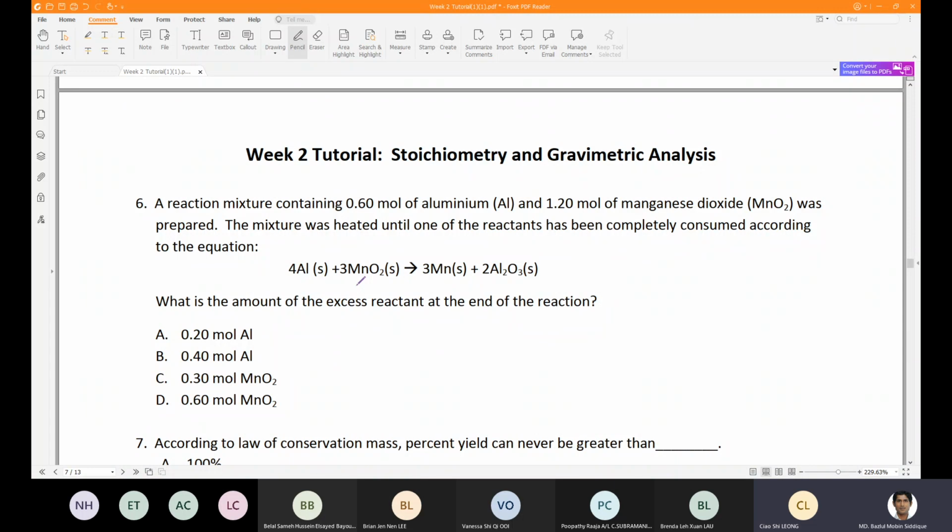Okay, no problem. So question number 6 says that a reaction mixture contains 0.6 mole of aluminium and 1.2 mole of magnesium dioxide. The mixture was heated until one of these reactants has been completely consumed according to the equation. What is the amount of the excess reactant at the end of the reaction? It's quite straightforward. It asks what is the excess reactant that will stay at the end of the reaction. Now, first of all,